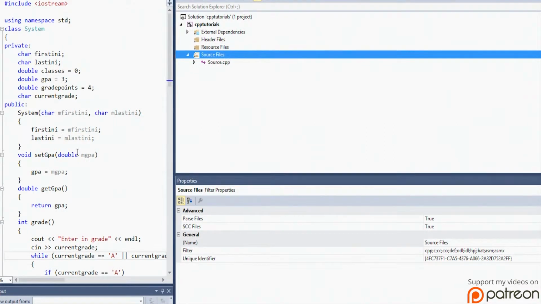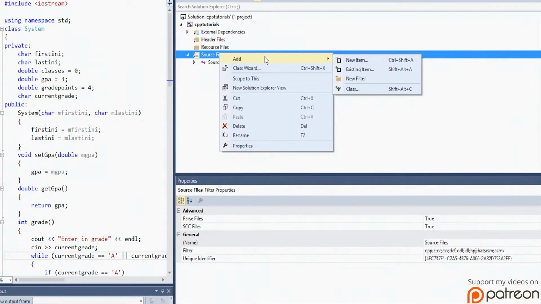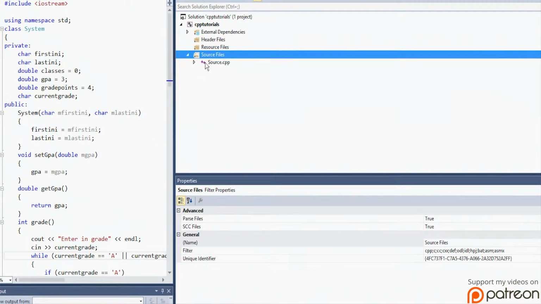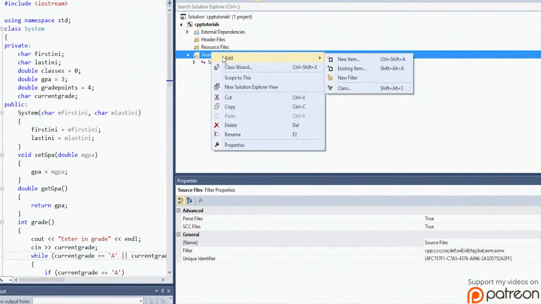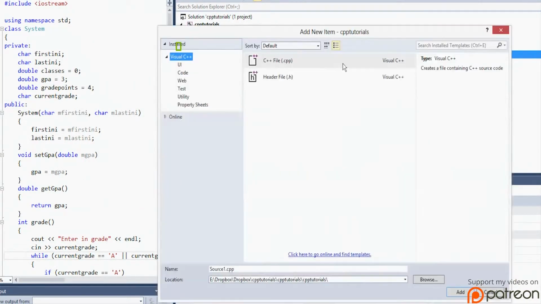Today we're going to be talking about arrays. So let's go ahead and also talk about how to make a new source file. I have the whole screen available now that you can see it, so we're going to do add, new item, and then we're going to do a C++ file, and we're just going to call this